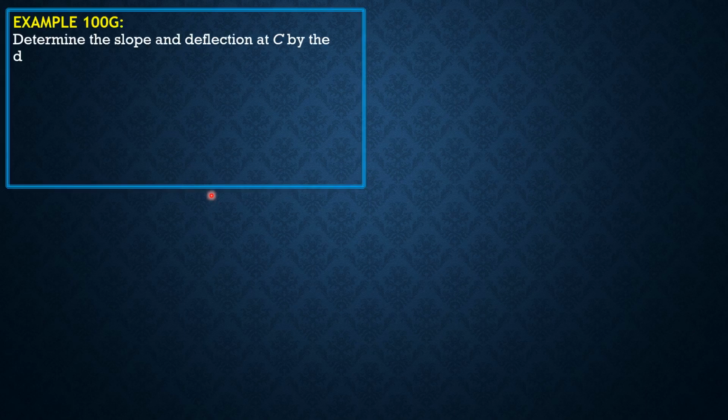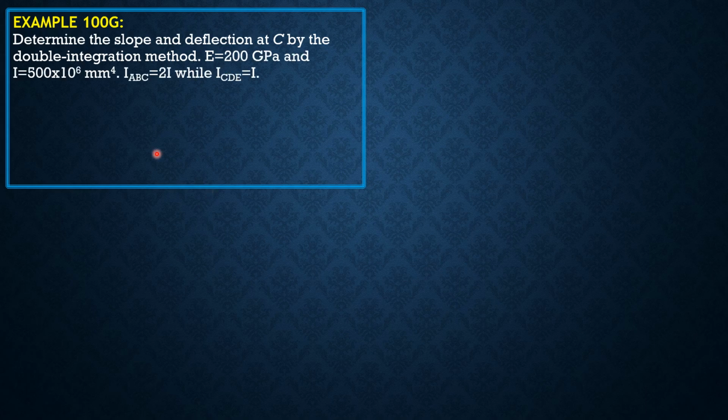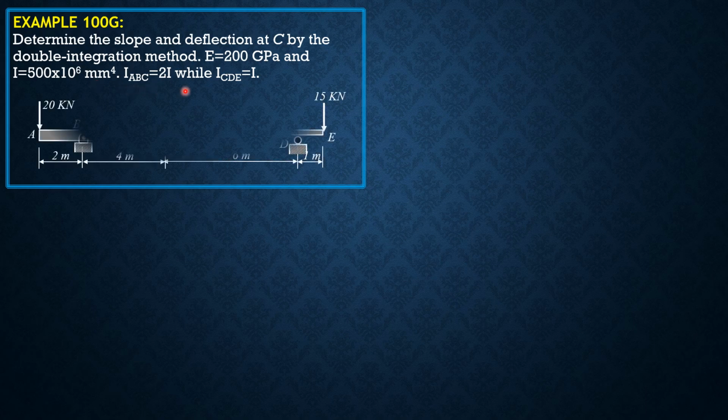Determine the slope and deflection at C by the double integration method. E is 200 gigapascals and I equals 500 times 10 to the 6 mm to the fourth. The moment of inertia of ABC is 2I while CDE is just I. Therefore, EI is equal to